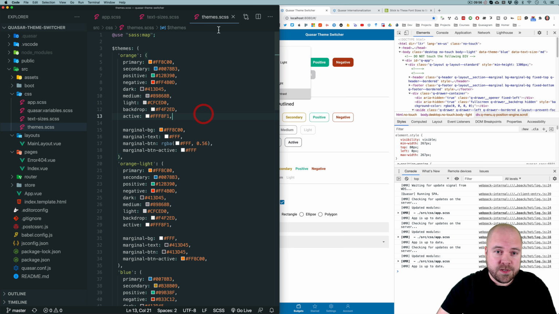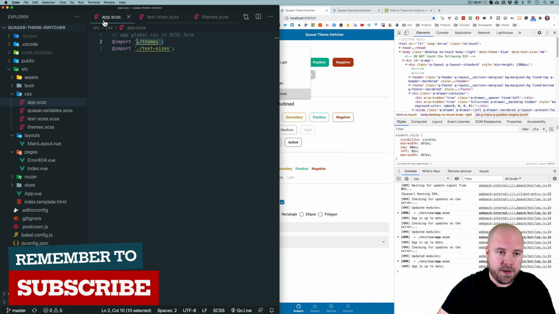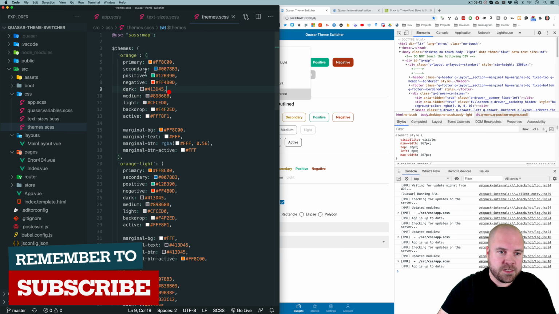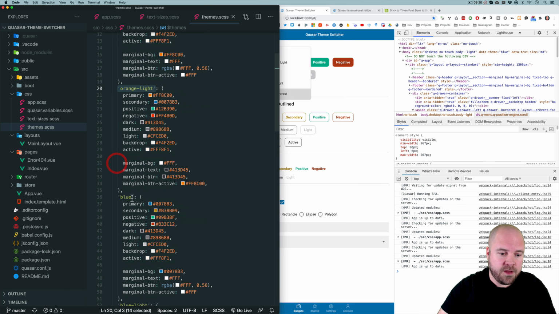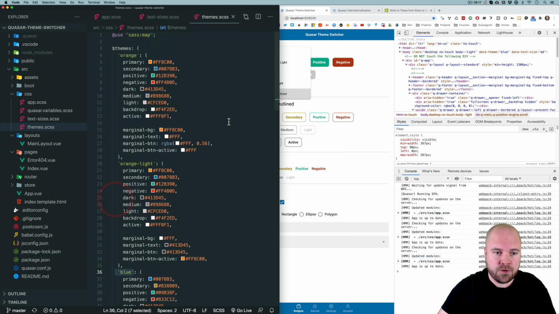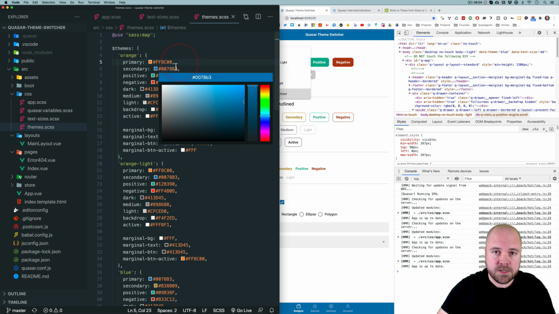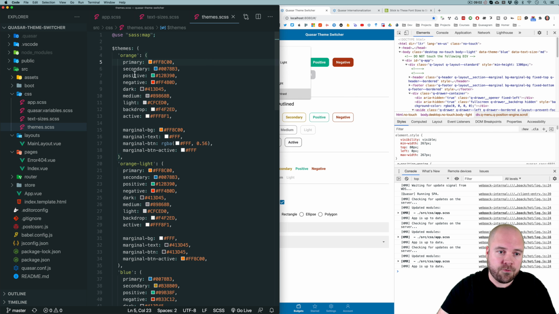So if I jump to this themes.scss file, which is just an SCSS file that I'm importing into my main app.scss file here, I have this map called themes, which contains an object for each theme. So we have an object for the orange theme, one for the orange light theme, one for the blue theme, etc. And each of these objects contains color codes for all of the different types of colors: primary, secondary, positive,